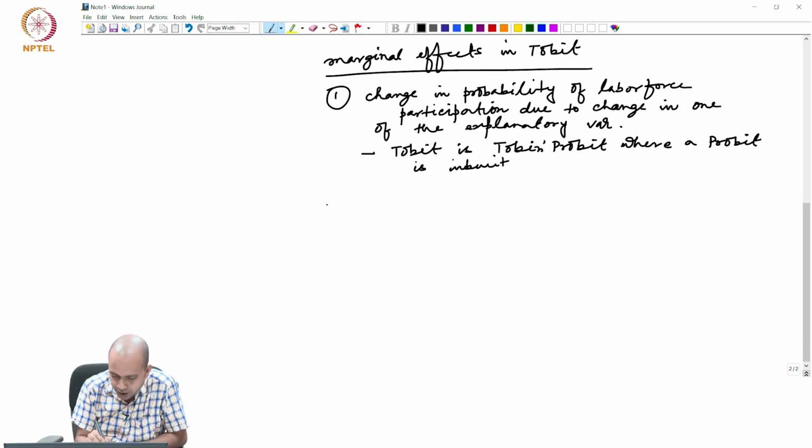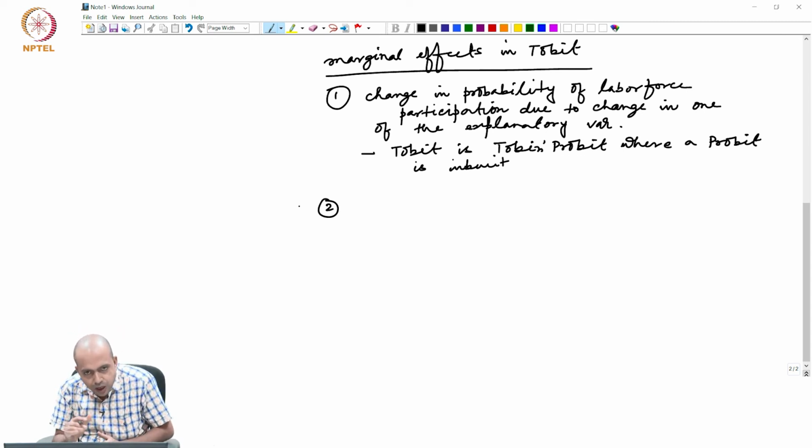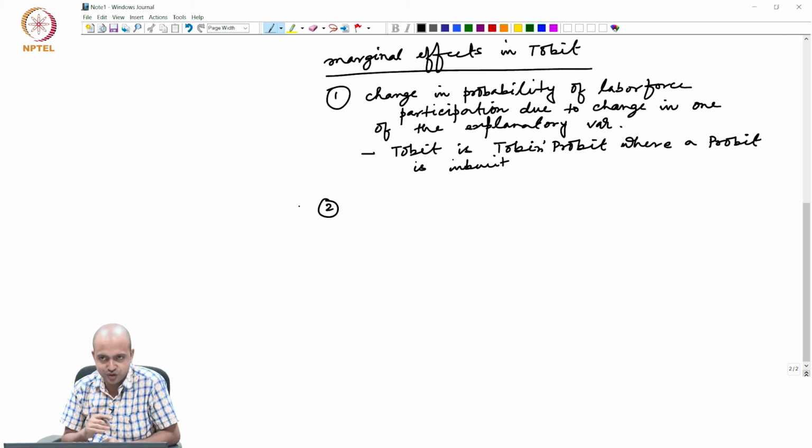And the second type of marginal effect: once you decide to participate in the labor force and we can actually observe, this is basically for the censored observations. And then in the second stage, when you actually participate in the labor force and we can observe your labor supply, from there what you can get is the change in labor supply,